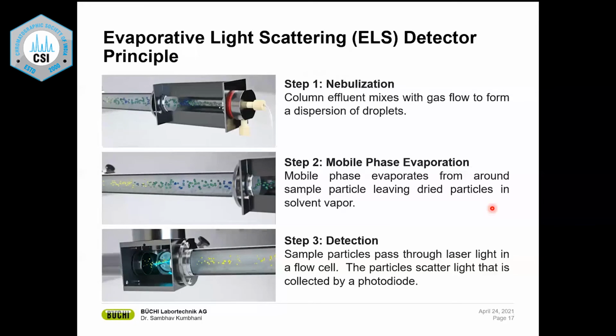Coming to ELSD, evaporative light scattering detector. The way that works is, your compounds elute out of your column and come over here. This is the nebulizer or a nebulization step, where a small quantity of your sample gets nebulized with high pressure air coming from here. It breaks down the small droplets into extremely small droplet or aerosol particles, which travel along